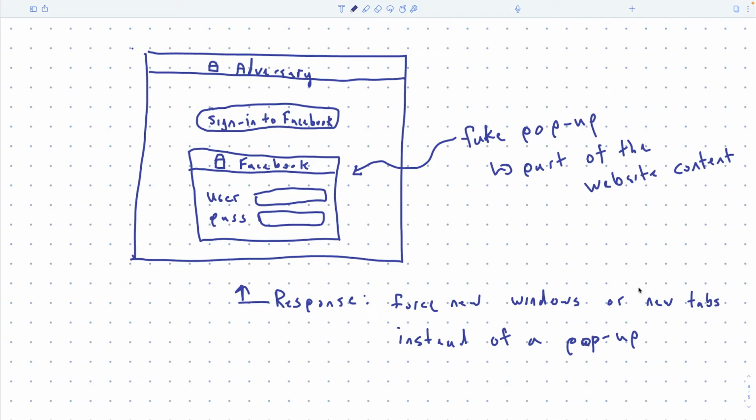So sometimes you're on, I don't know, My Concordia or something, it wants to open up a pop-up, and your browser's like, no, I'm not going to open that for you, and then you have to override it. Like there's usually a little icon you can click that says allow it, and you can make it sticky so that it always allows pop-ups for that website or whatever. But anyways, so this attack kind of went away when pop-ups themselves went away.